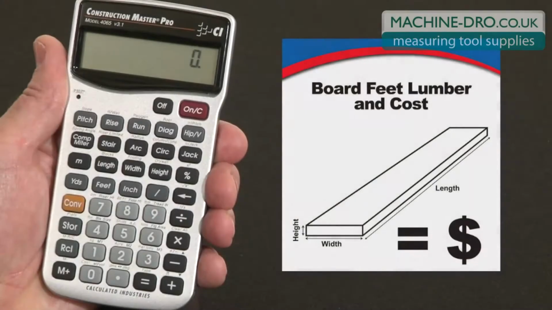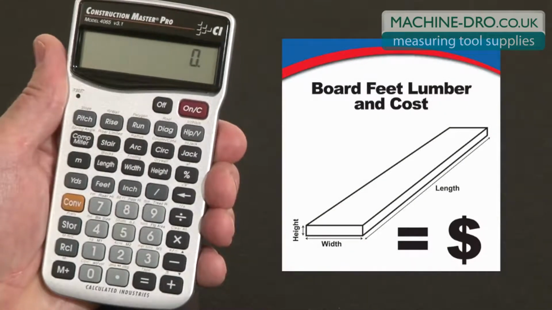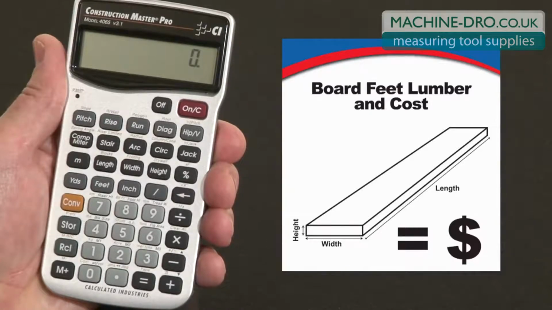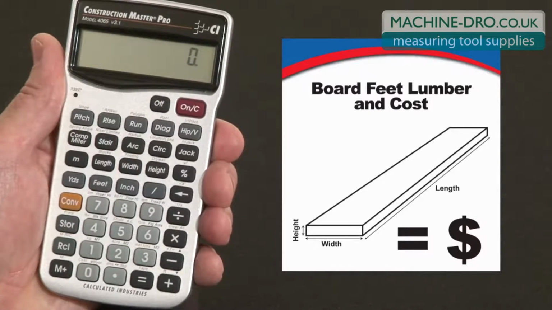Now let me show you how to calculate board feet, lumber, and costs on your Construction Master Pro. Keep in mind the keystrokes will be exactly the same if you're using the Trig or the desktop models. Now the board foot function handles unit list entries just the way you say them, for example 2 by 4